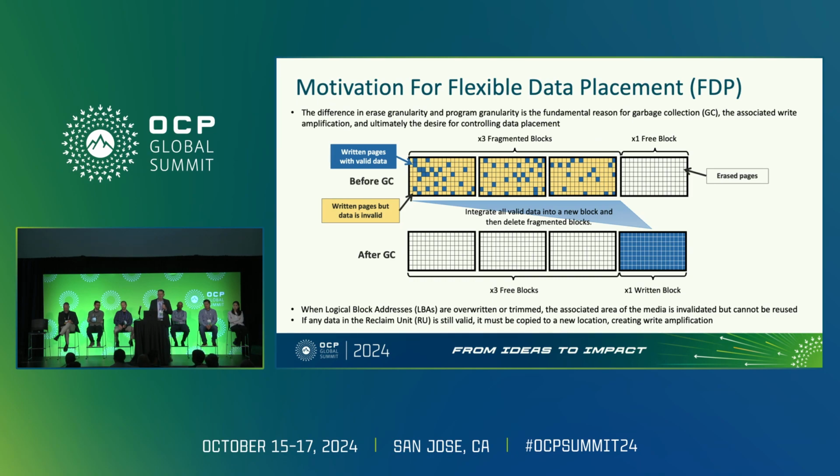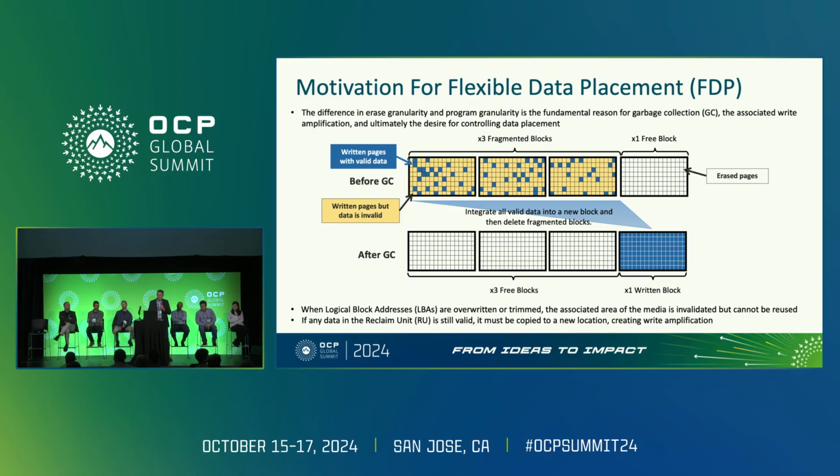And that leads to this fragmentation of superblocks denoted by the different colors of both valid and invalid data in the top illustration there. And we have an internal process, garbage collection, that copies those remaining bits of valid data from the fragmented blocks, puts them into a new block, and that allows us to erase and free up those previously fragmented blocks for reuse. And this induces wear, it steals bandwidth, it's generally a bad thing. So you want to reduce WAF as much as possible, and that's one of the primary motivations for the development